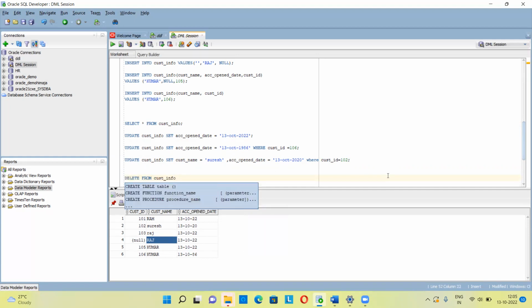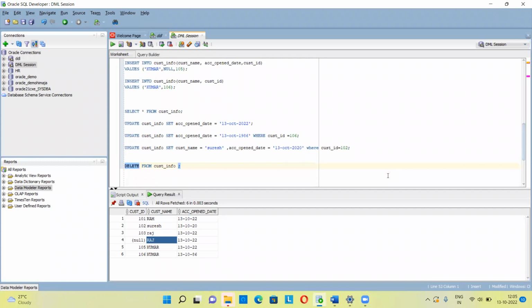If you just write like this, what will happen? It will delete all the data. Same like update, when you are not writing any condition, it is going to update all the records. In the same way, if you are not writing any condition, it is going to delete all the records. All the 6 records will be deleted in our current example. I don't want to delete all the records right now. Let me do this way. Delete from custinfo, where